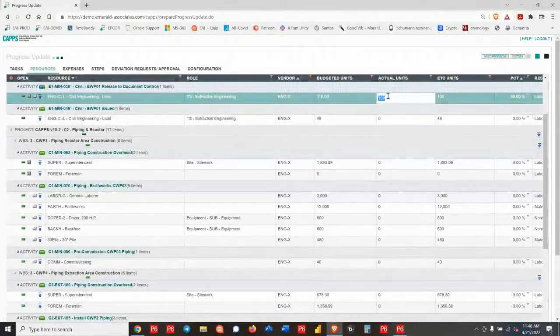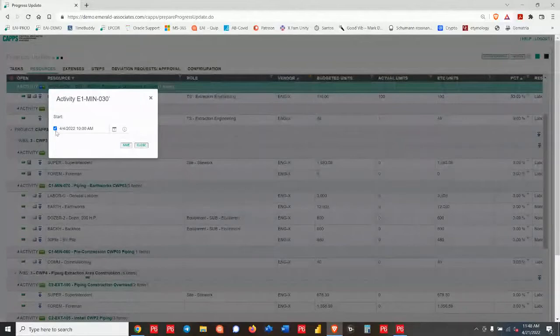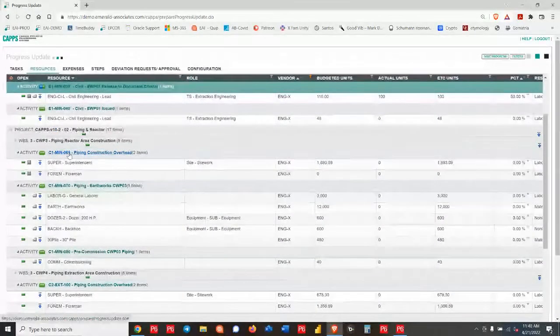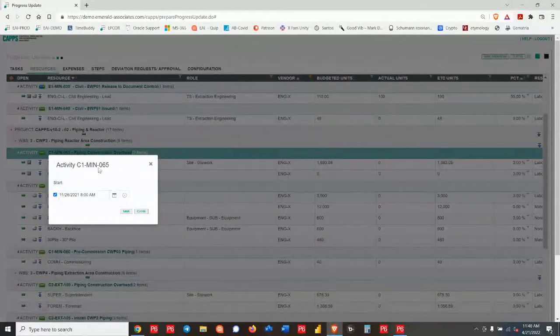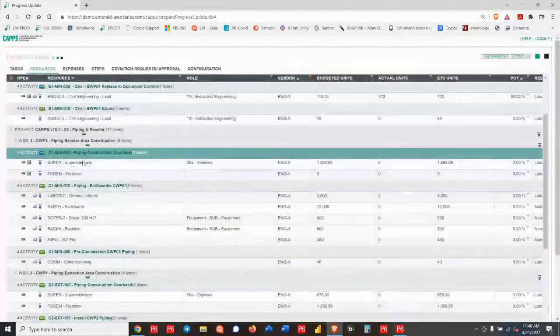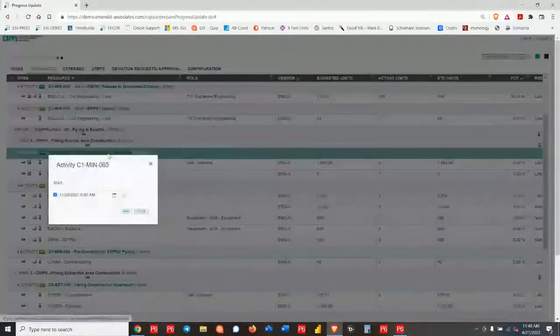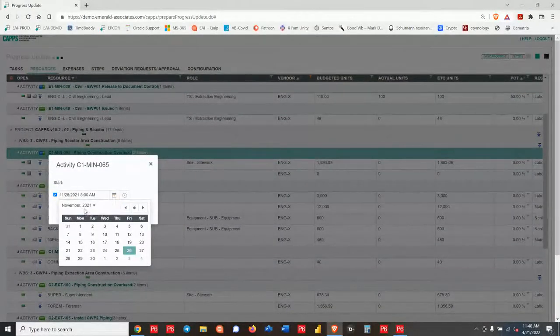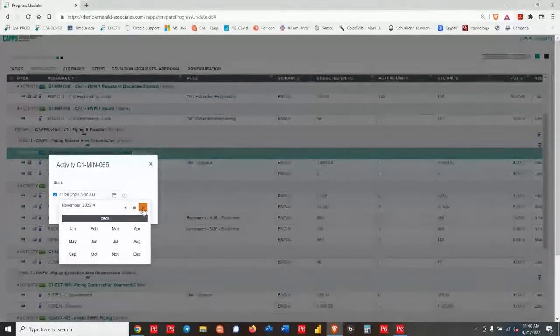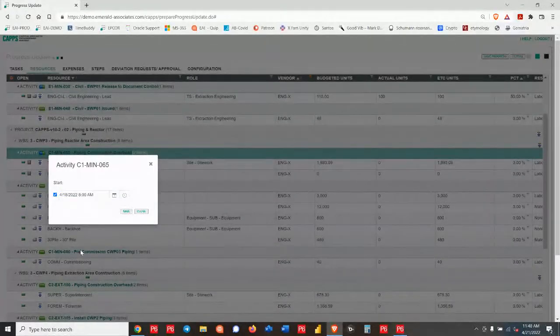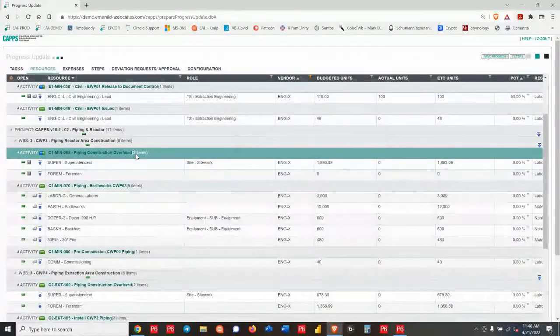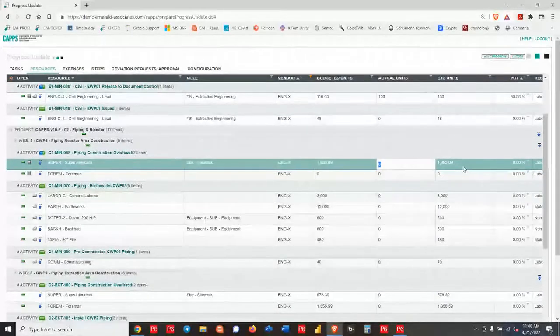And then I can update the actual hours. Now, if this activity is not started yet, I could just use the little hyperlink to be able to start that activity. Now, this one is already started, but if there's one that wasn't, I could click on it and start it here. So 65. So I can start that activity and I can change the date. So this would probably be in 2022, April, and we can say we started that this week, okay? So that sets it to start it,